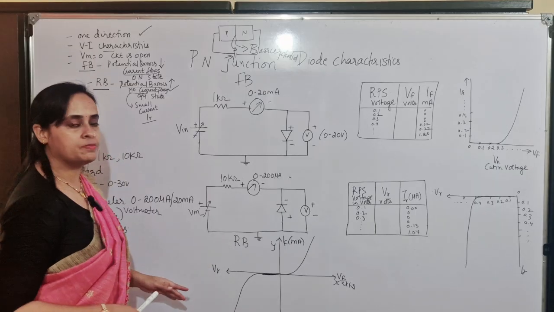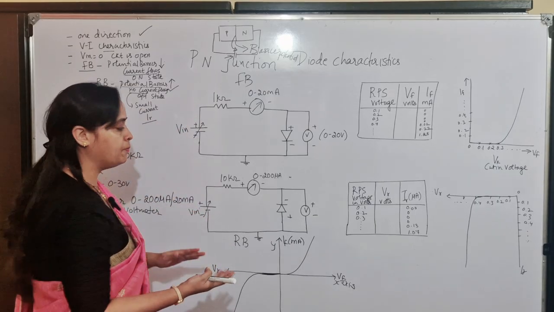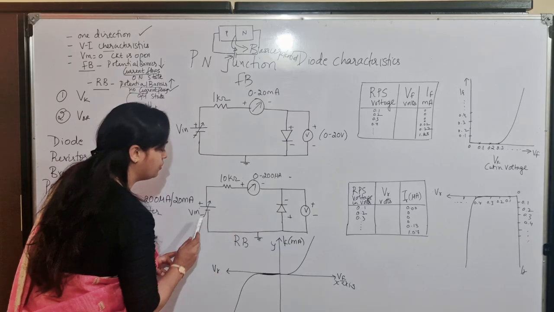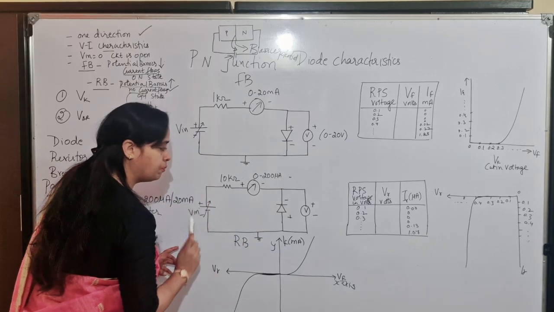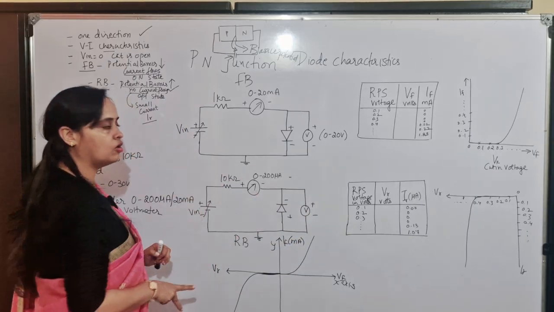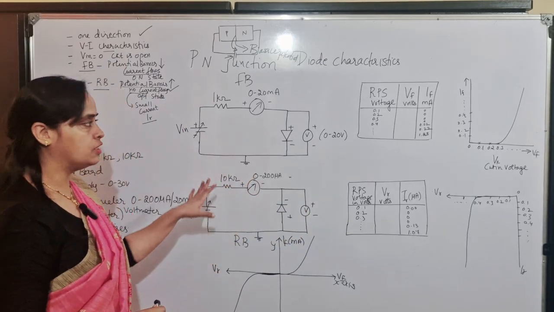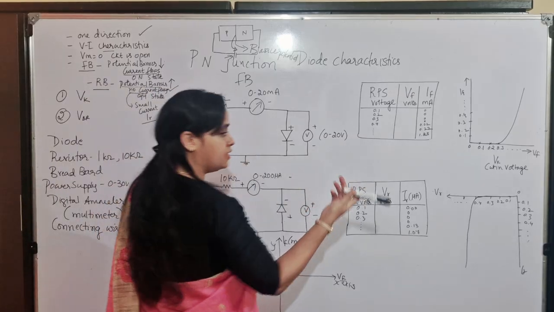What happens in reverse bias? Same circuit, but we are biasing it in the other way. Means what? Positive is connected to negative, negative is connected to the positive, same connection, where we have a voltmeter which is connected across the diode. So once forward bias and reverse bias condition is understood, now let's understand what are the readings we are supposed